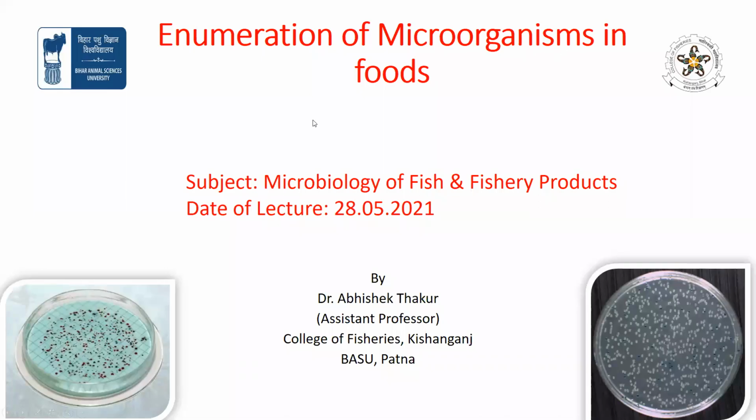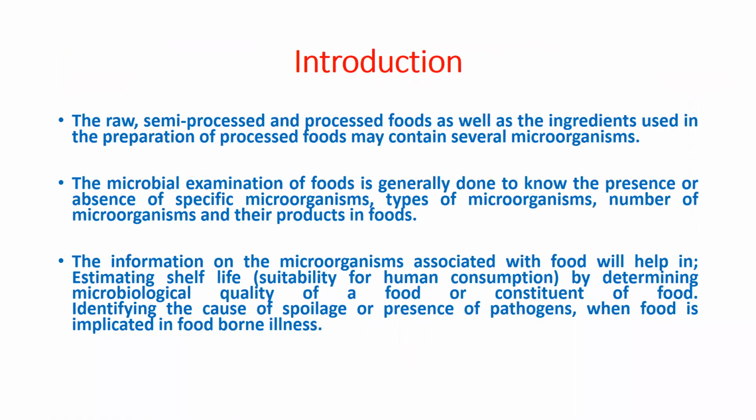Okay, so today we will discuss the enumeration of microorganisms in food. If any food processor wants to examine or count the microbial load in foods, they must enumerate, that is, count the bacterial cells. For that we have different methods by which we can count the bacterial cells present in the food sample. We will study these in detail.